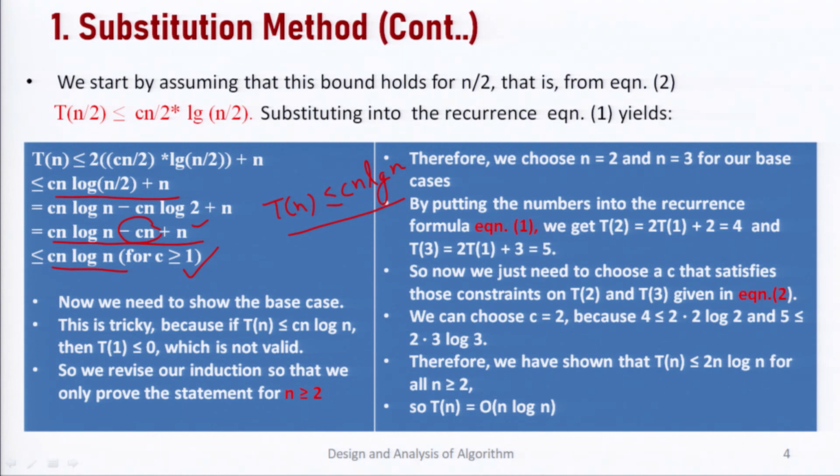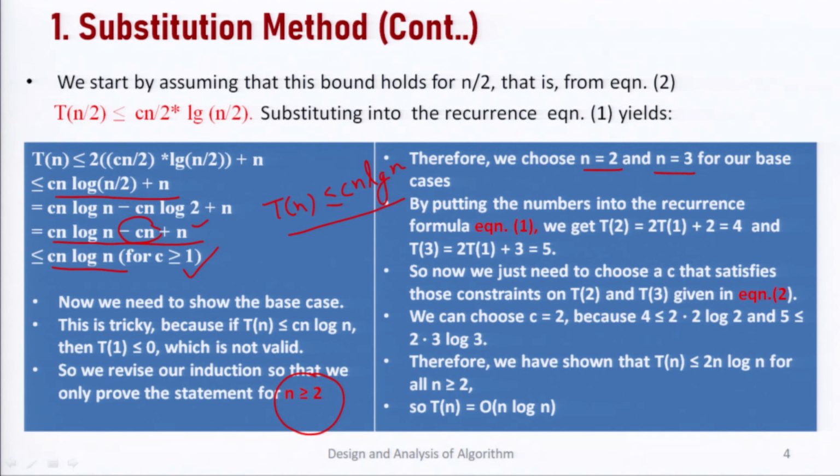Since the definition of big OH notation gives us a relaxation that we can take the base values after n naught, means we can take a threshold value of n naught. Beyond that, if the base cases are working, then it is fine, no problem. Now, here we are taking the value of n naught as 2. If we take n naught as 2, so if we put n equal to 2 and n equal to 3, what do we get here?